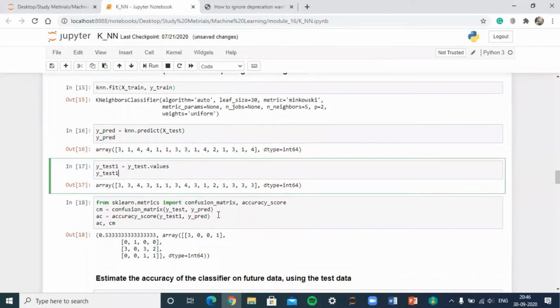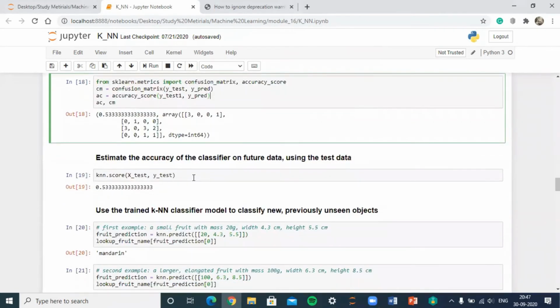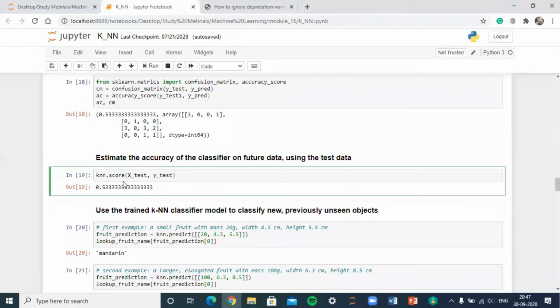Then if we draw a confusion matrix, this is our confusion matrix, and the accuracy score is 0.53. This means it predicts 53 accurate results within 100 data points. You can also calculate the accuracy score by knn.score.